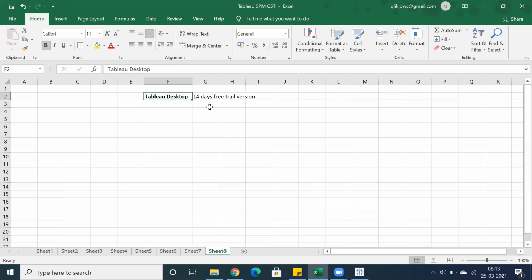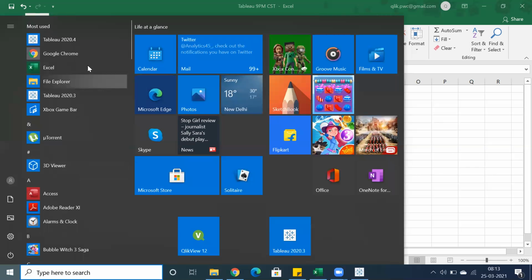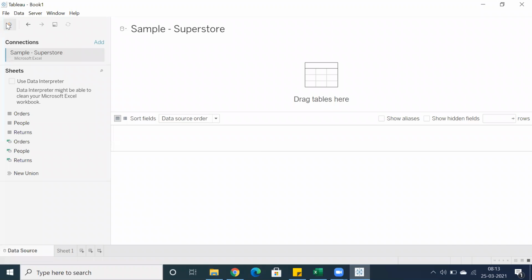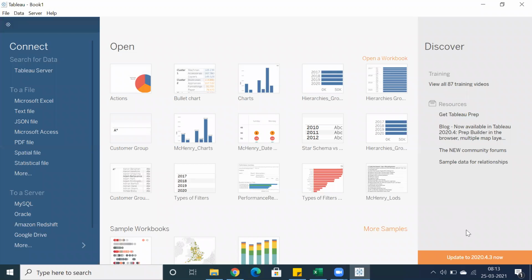So when you install Tableau Desktop, you can see here, maybe in a couple of weeks for sure they will release a new release in 2021. For now, you can still see 2020.4.3 is the new update. Before last week I could see 2020.4.2.